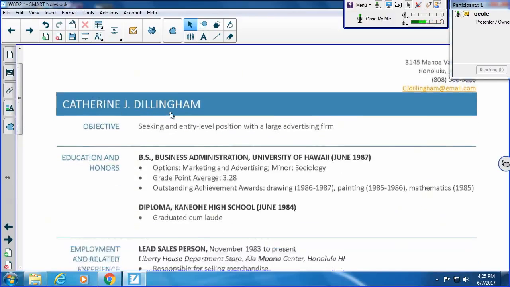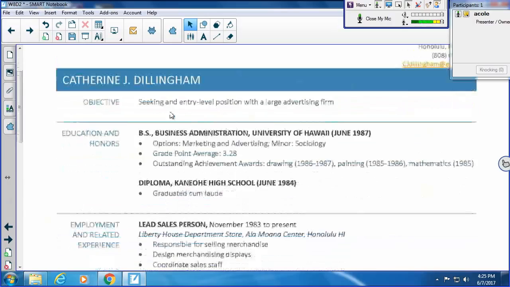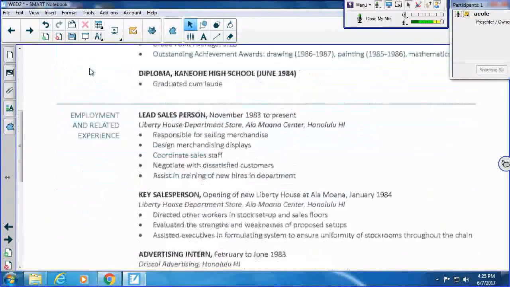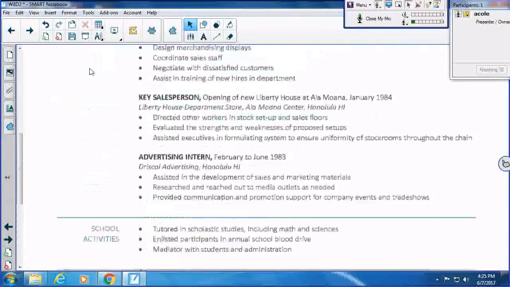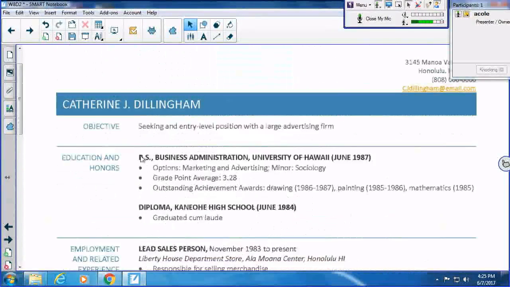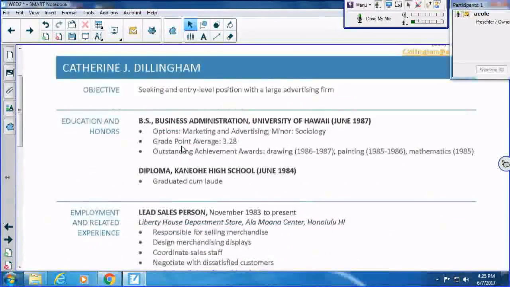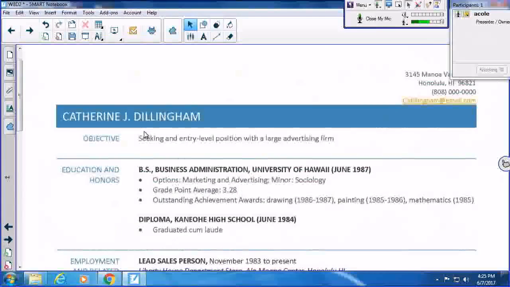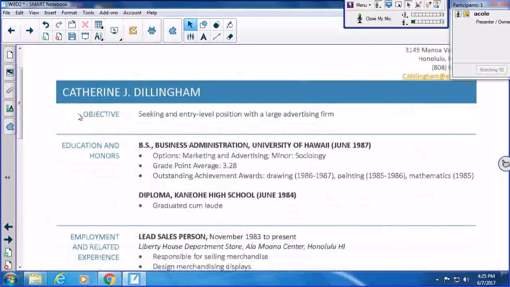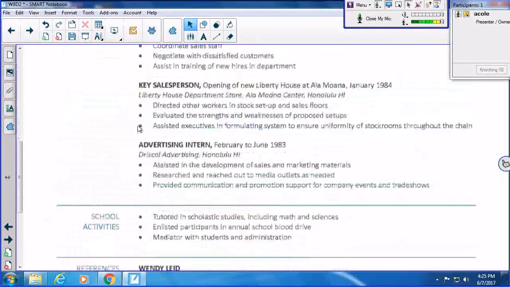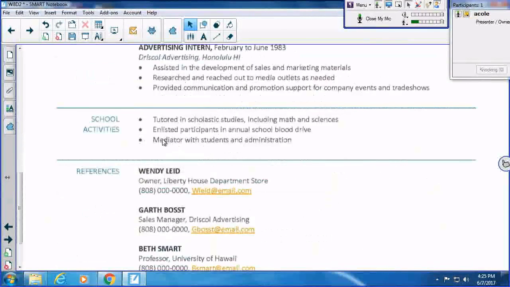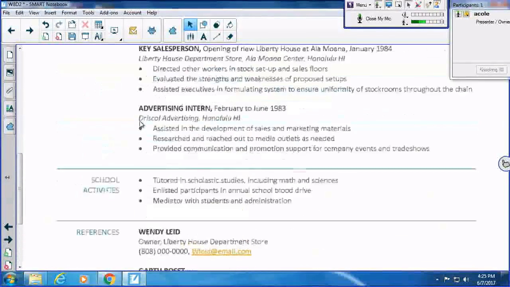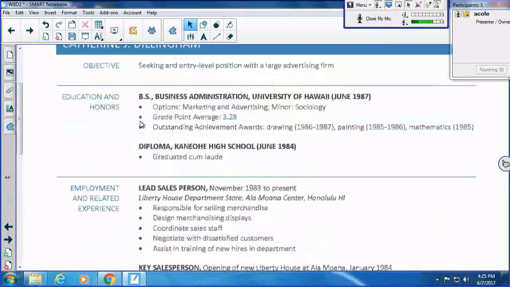So the name is easy to read here. And the main thing that I like about this one is how all of my main headings are along the left, and then all of my information that goes with the headings are on the right, and then each section is separated by a line. So in my opinion, this one is the nicest to read because it's really easy to see where each part is. And we still have bullet points, right, to explain specific information in each section, and we still have our references, and it's easy to read.